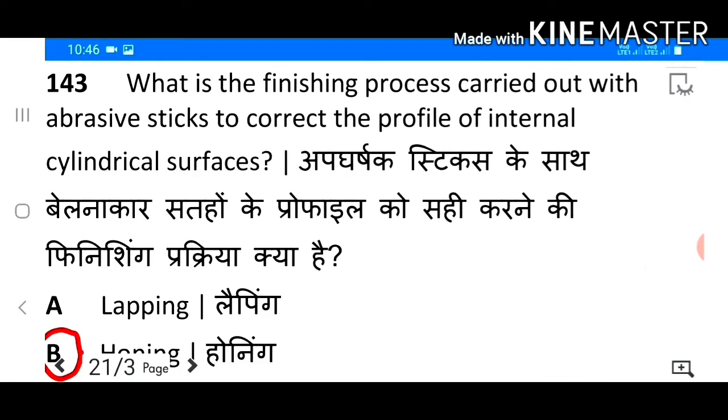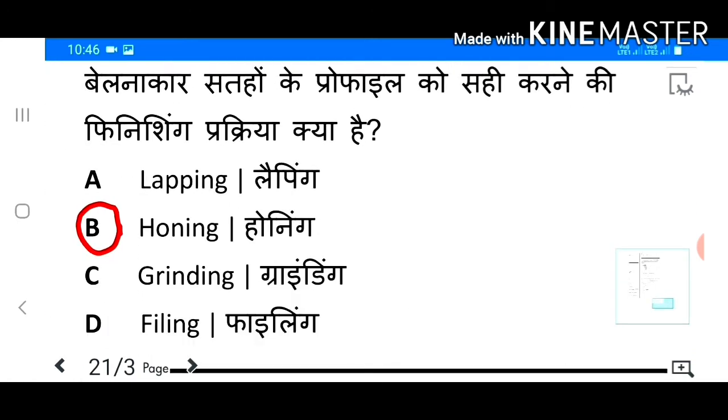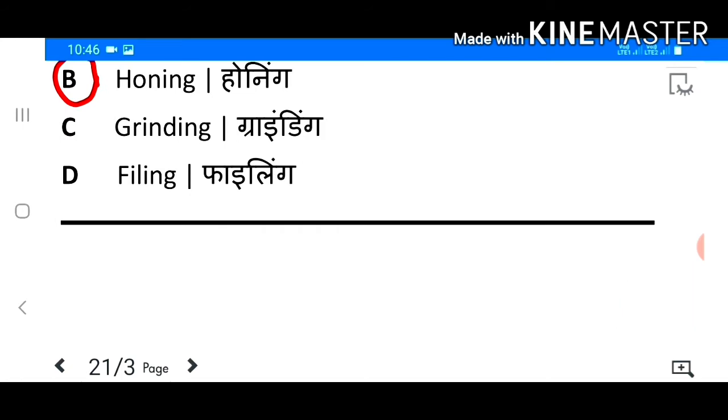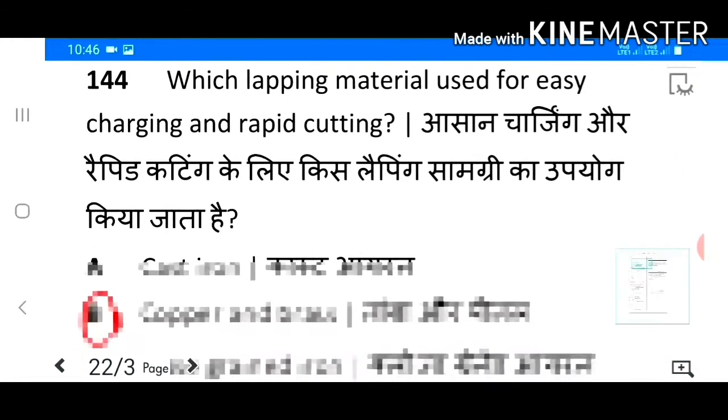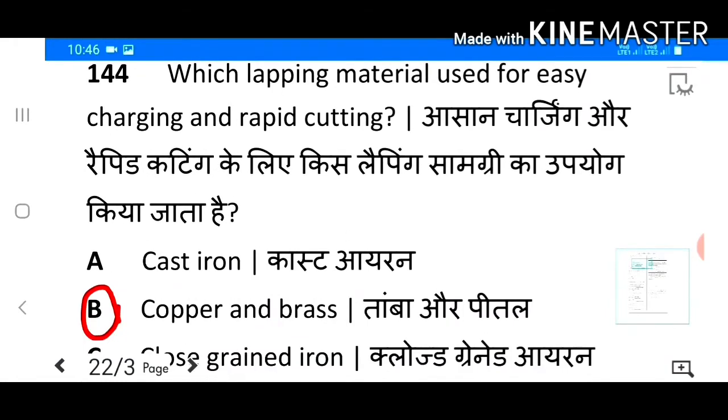143. What is the finishing process carried out with abrasive sticks to correct the profile of internal cylindrical surfaces? Answer B. Honing. 144.